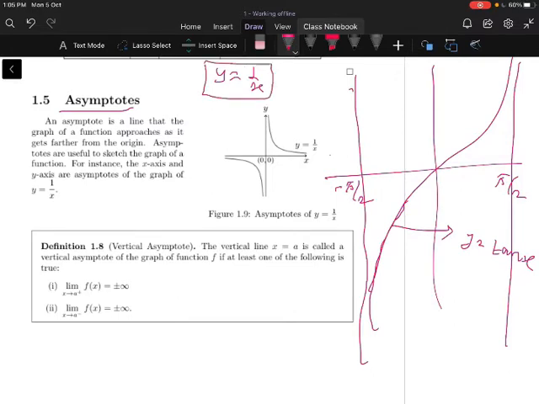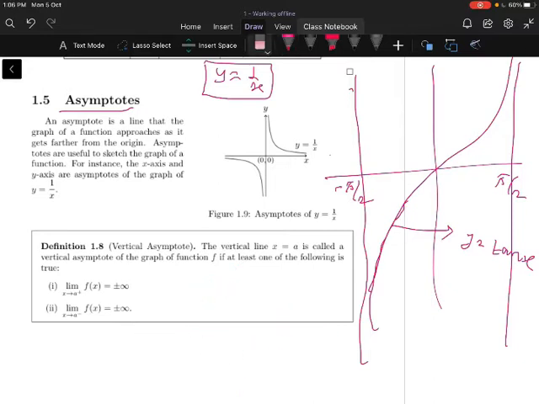Before moving to asymptotes, let us see the coordinate system. This is the x-axis, from minus infinity to plus infinity. The equation of the x-axis is y is equal to 0, meaning all the y values on the x-axis are 0. The vertical line is the y-axis. Its equation is x is equal to 0, so on this vertical line all x values will be 0. So you know the coordinate system.